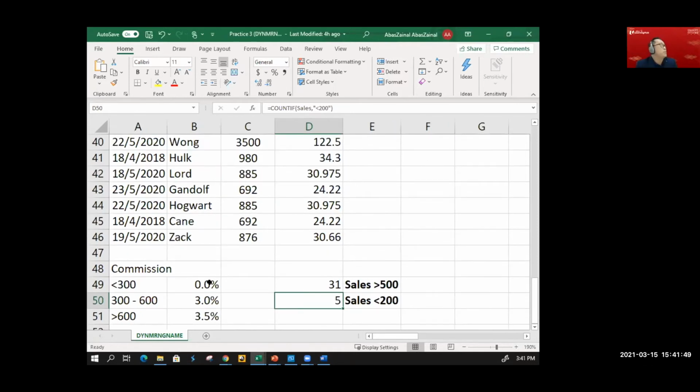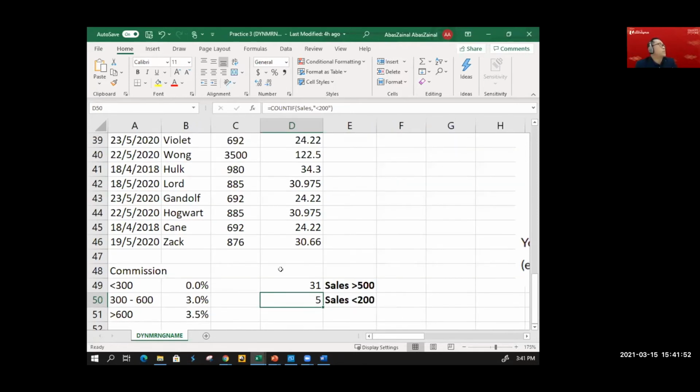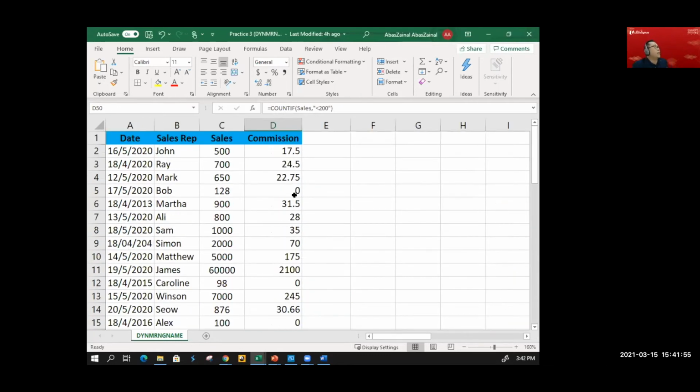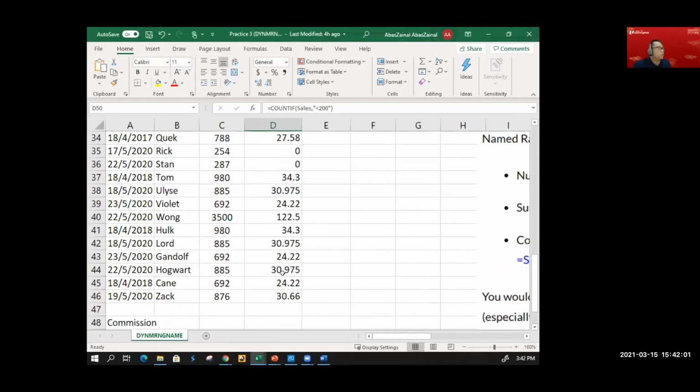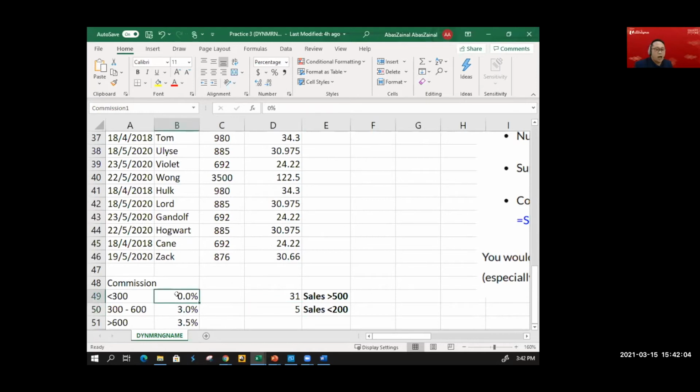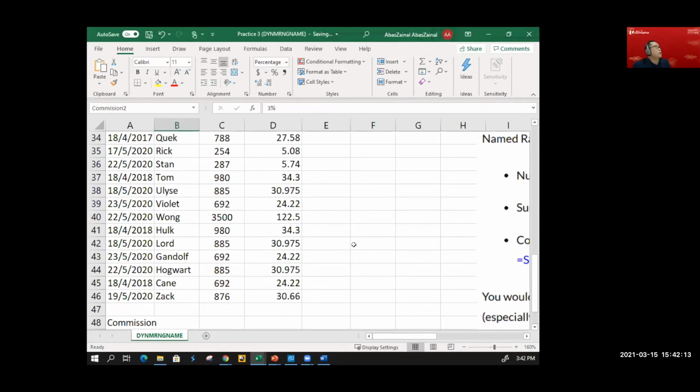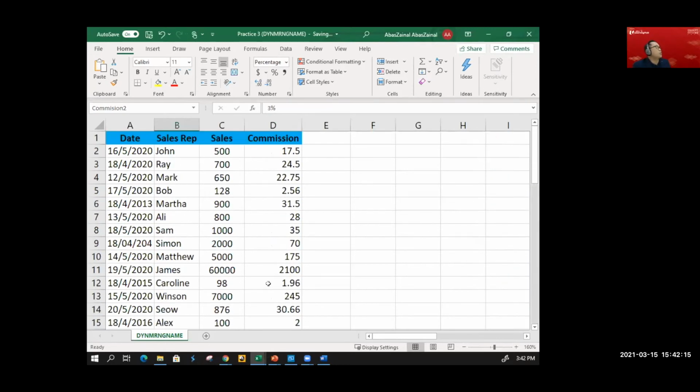Observe here. I'm just going to minimize this a little. And I'm just going to change the percentage and you will be able to find out the commission calculation will change simultaneously. How is it done? I will be sharing with you shortly. Here 0%, I've changed to, for example, 2%. Those who hit a sales of less than 300 will get 2%. Earlier on, you see some zeros, right? So someone who achieved a sale of $98 gets 2%. So in this aspect, how do I calculate commission? Because sometime in the past, what we do is that we key in the percentage and that's going to be very lengthy.